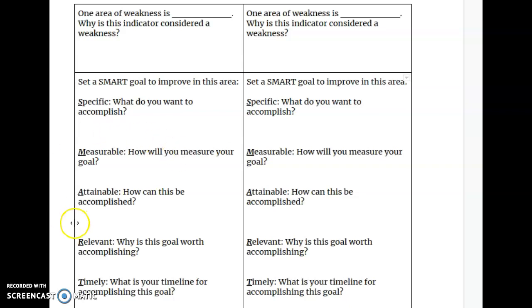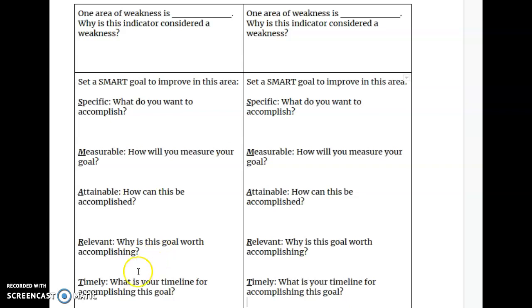And then finally, think about why this goal is relevant to you. Kind of think beyond the report card grade. Think beyond the MAP score. Why is math important if that's your weakness? Why do you want to be better at that? It may be that that's going to open up jobs for you. It may be that that PSAT score is important to you because you're looking at a certain college and you know that you've got to have a certain SAT score or a certain ACT score. Maybe you have a career in mind and math is important to that.